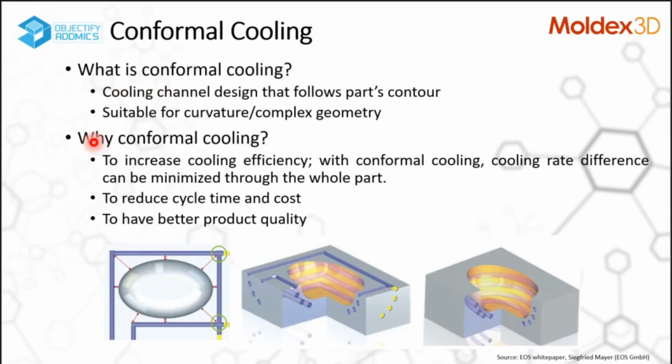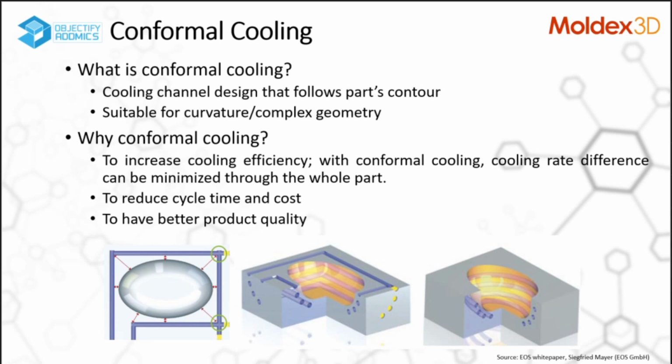Now, what is conformal cooling? Here in this slide you can see two examples: the conventional cooling and the conformal cooling. You can notice that conventional cooling, that is drilled straight cooling channels, does not have an even distance from the part surface. Hence, the surface close to the cooling channel will cool faster as compared to the surface far from the cooling channel. This adds to uneven cooling of the part and is the root cause of problems like warpage and longer